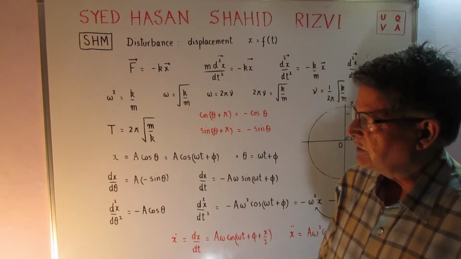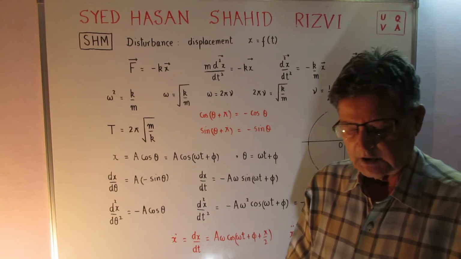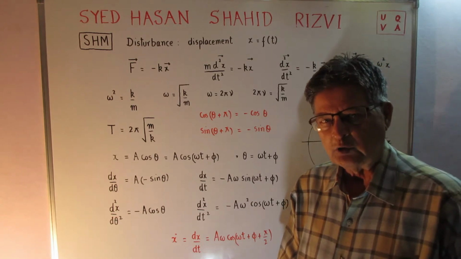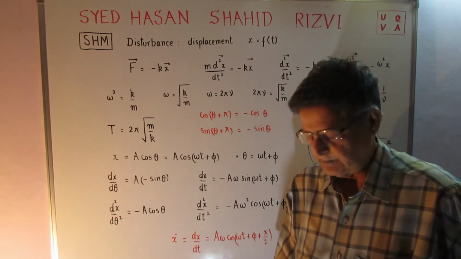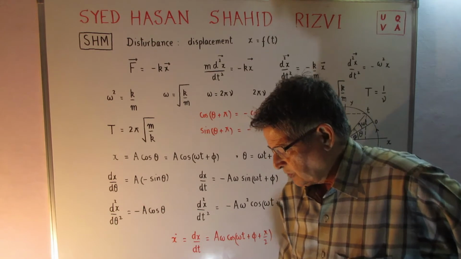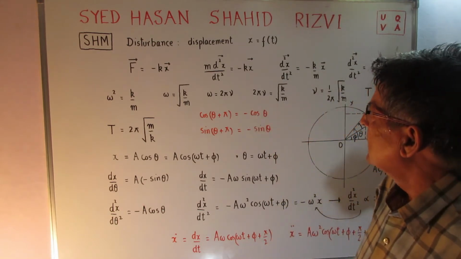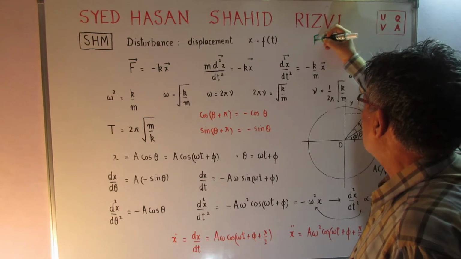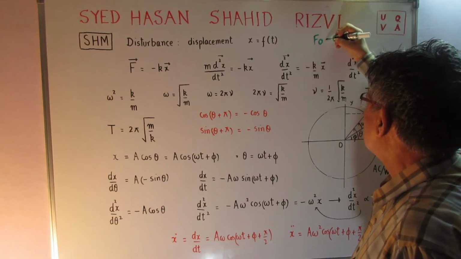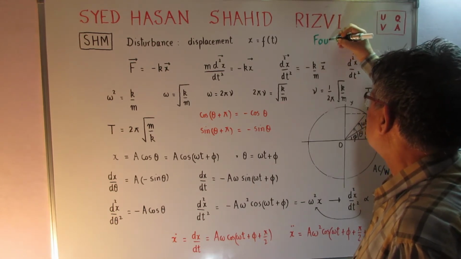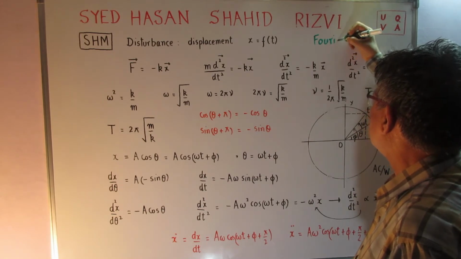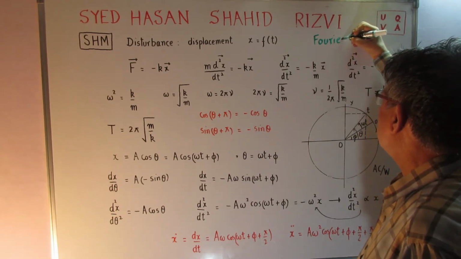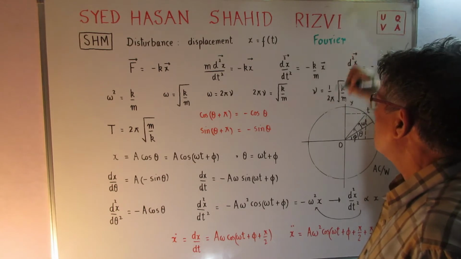That is, if the frequency is nu, then the harmonics are 2 nu, 3 nu, 4 nu, 5 nu, like that. These are the possibilities, and that was in the analysis of the French mathematician Fourier, who in the 18th century came out with a beautiful